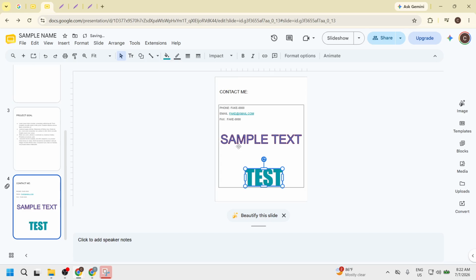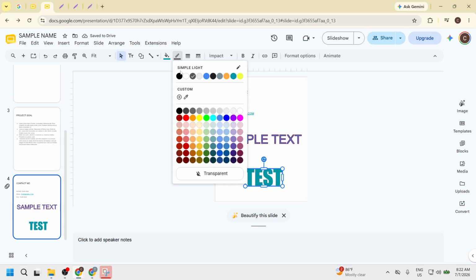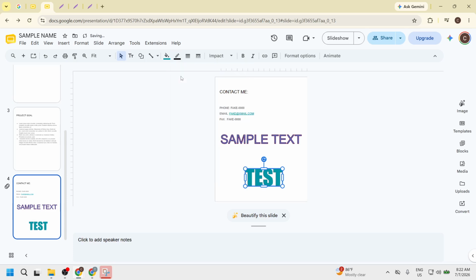Now click the Border Color Pencil tool to choose a dark outline. This outline adds definition to your letters and makes them more visually appealing. A dark border contrasts well with the fill color you selected, enhancing the bubble effect. This little detail is what transforms simple text into eye-catching bubble letters.